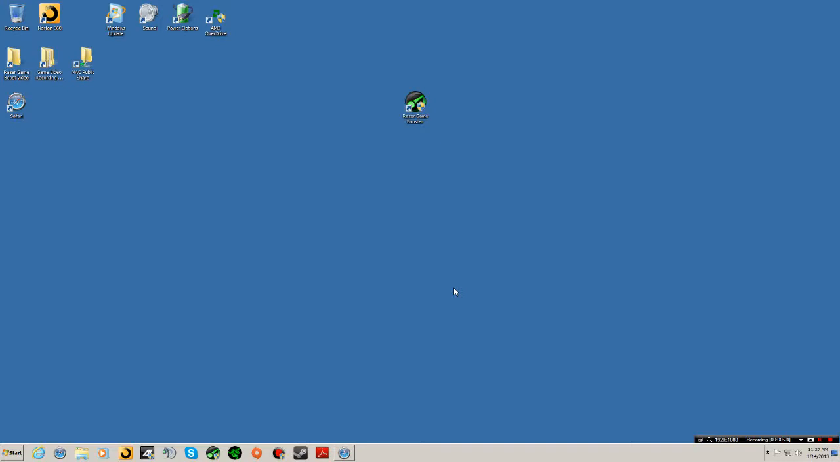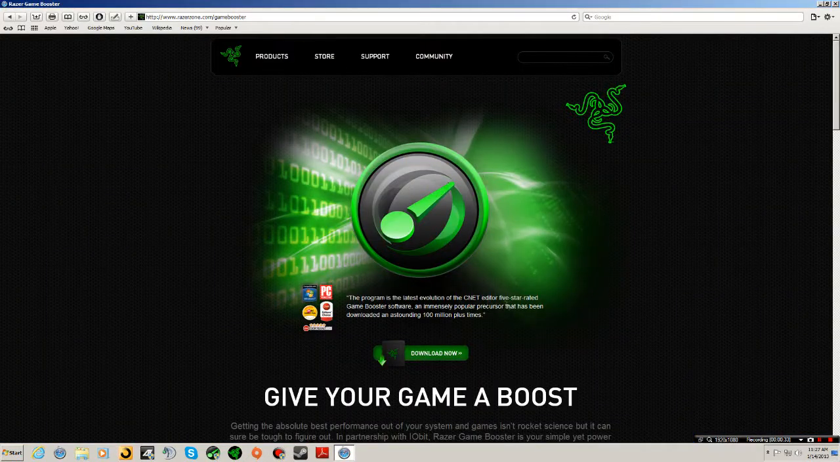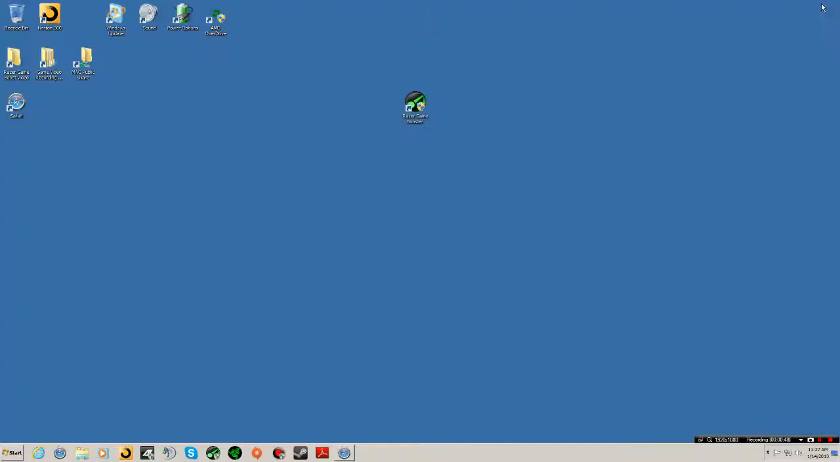It also records gameplay. So what you want to do is go to whatever browser you want to use, type in razerzone.com/gamebooster. You'll get this page here. You can click the download button, save it to your computer, install it, and then you will get this icon here. You can click on it, which will kick off the